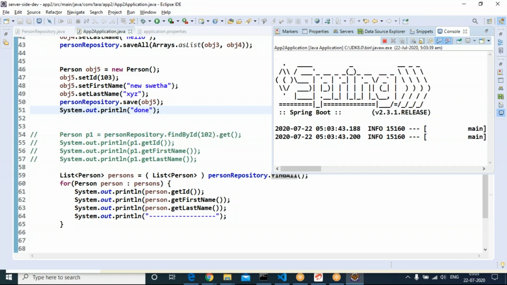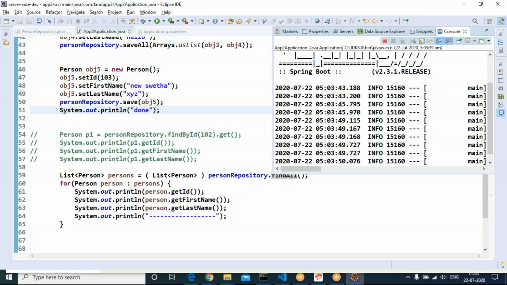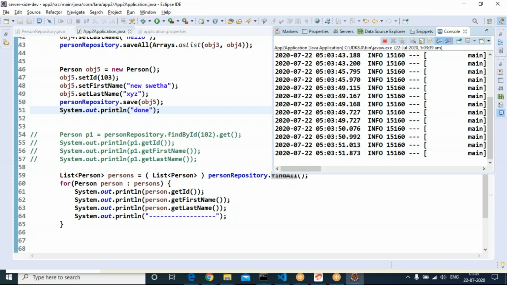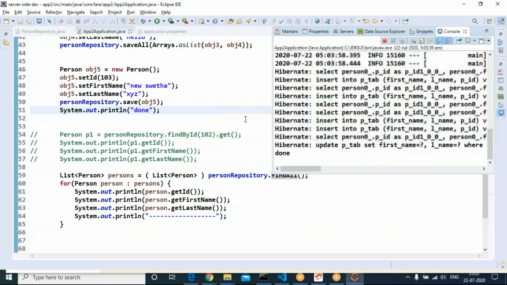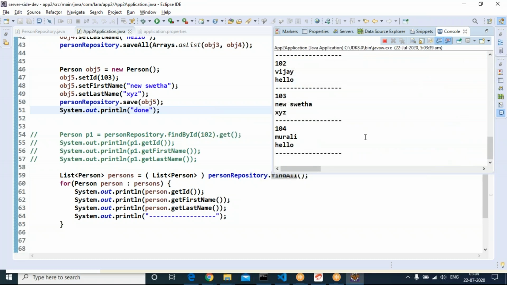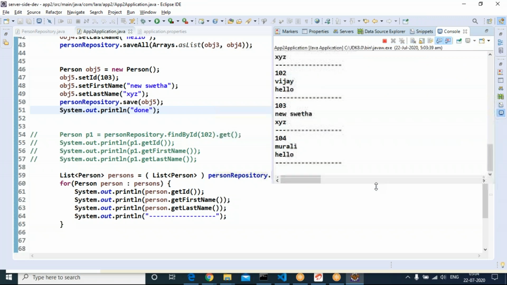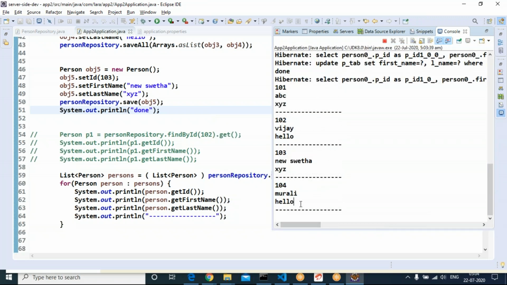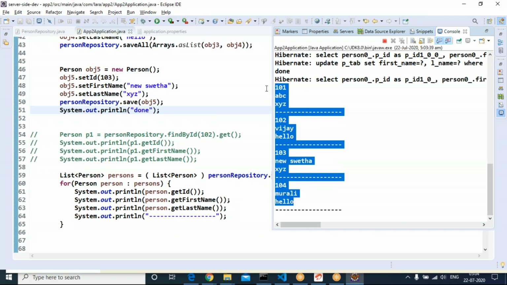All beginners commit this type of small mistake, starting without stopping the server. You can see it started very successfully, read all four records.